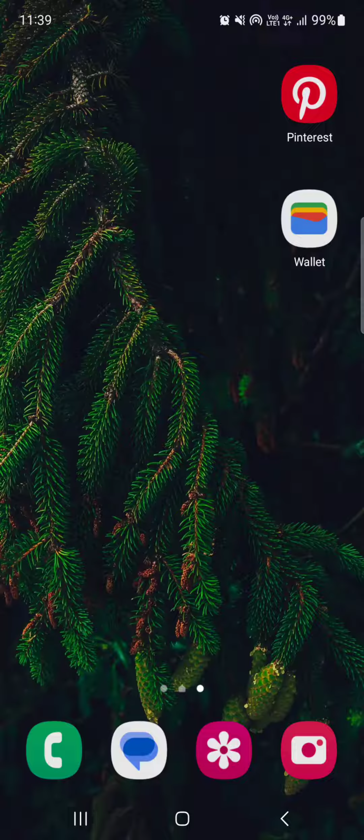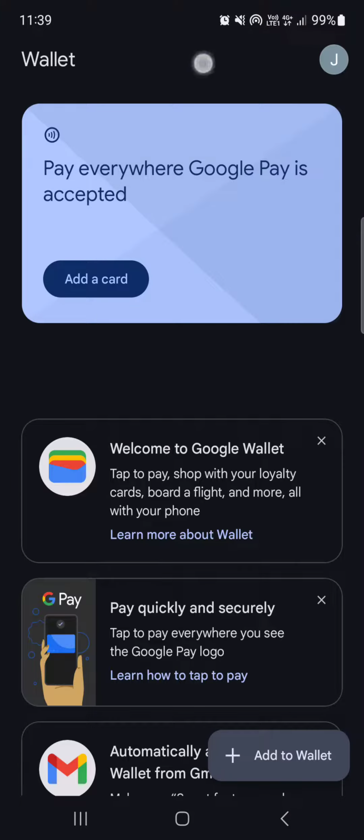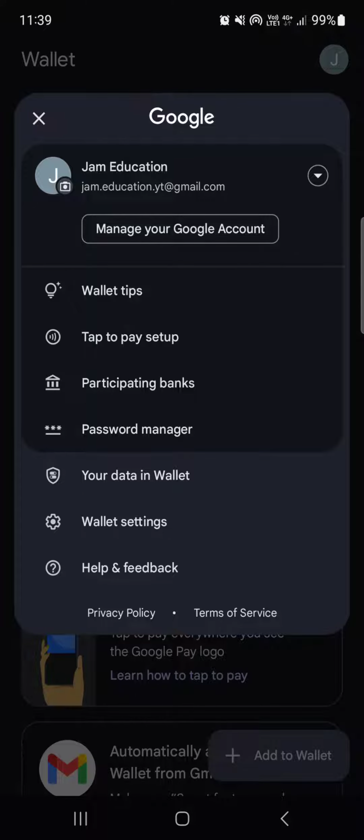So without further ado, let's just jump right into it. First you have to open up the Wallet app, and here in the Wallet app, in the top right corner, we have our Google account sign. If we tap on that, we can proceed by tapping on wallet settings,